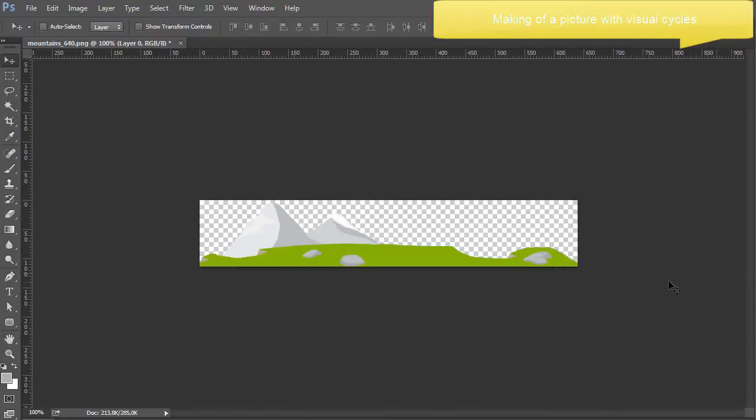Once you have taken into account those points and created your basic visual cycle correctly like this, the second step will be to create a new file longer than your Captivate project in which you will copy and paste this picture many times. Let's create this new picture.